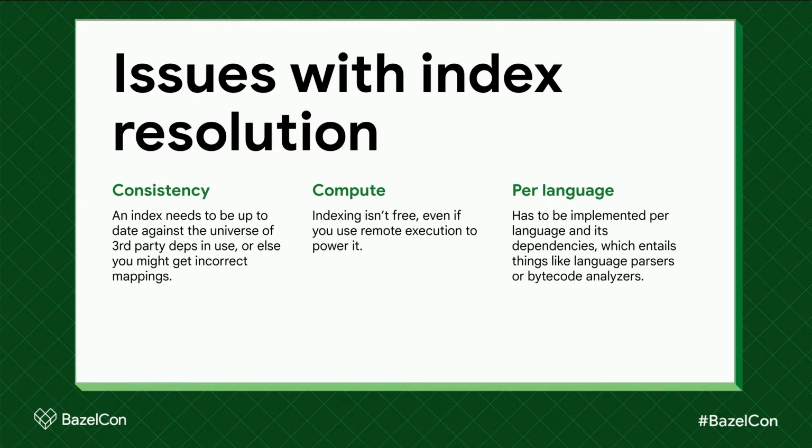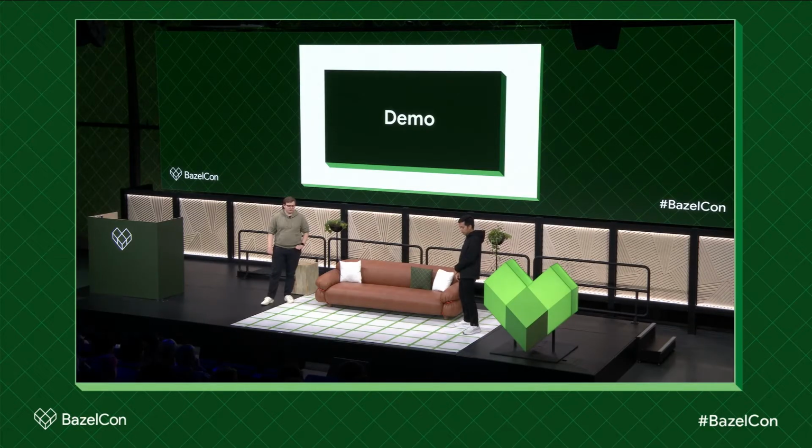And I already mentioned this, but when we talk about indexes, we also have to implement them for every single third-party dependency ecosystem. That's just kind of the nature of integrating with more extensions. There's more work to be done. Yeah, we would use a persistent index entirely if it were free.